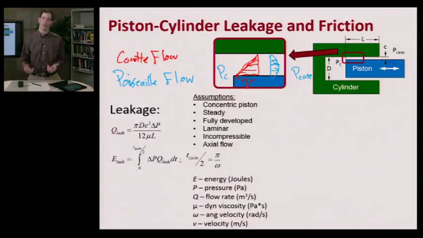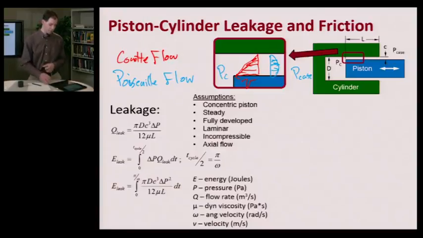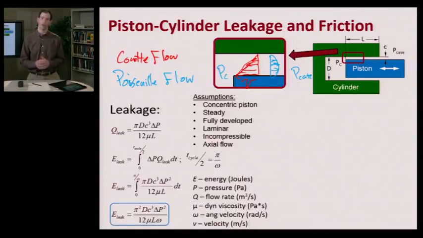So I can say half the cycle is just going to be pi divided by the angular velocity of my pump. And then I substitute that in, and then I can integrate this term, and as I integrate it, I get an expression for the energy loss per cycle of my pump for the leakage here. And you'll notice again that it's a cube of the clearance, it's a square of the pressure differential. So as we're increasing pressure, this leakage term is going to go up with the square of the pressure,